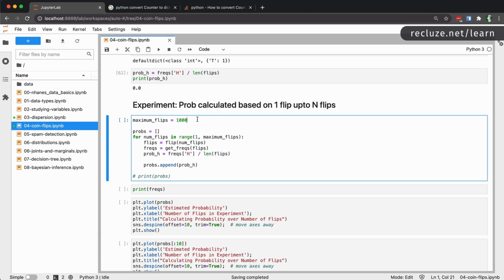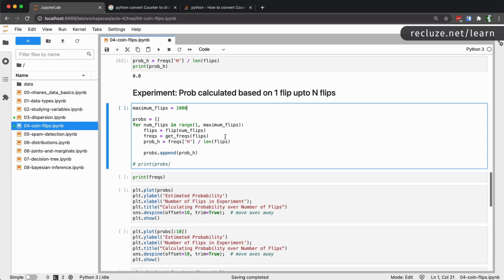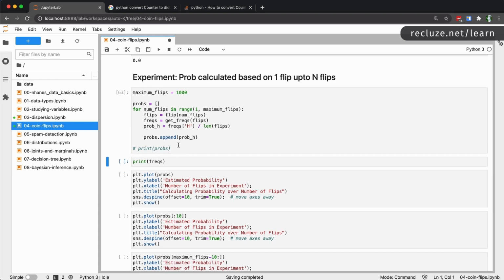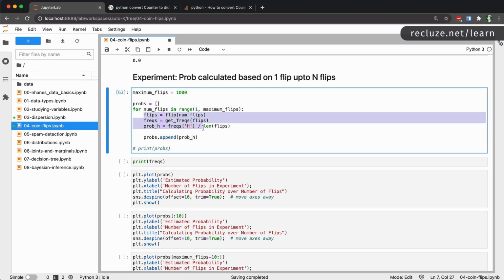So if I change this to 2,000, I am not going to increase my time twice. It's going to go up to 1,000, then 1,001, 1,002, 1,003, 1,004. So it's going to exponentially increase. So I don't want to do that. So let's do for 1,000 flips, and when we run it and see the output, you'll see what this is doing, right? So I urge you to please go ahead and take a look at the code. It's very simple. We do the flips, we get their frequencies, and we calculate the probabilities for this number of flips. Okay, that we've done earlier on as well.